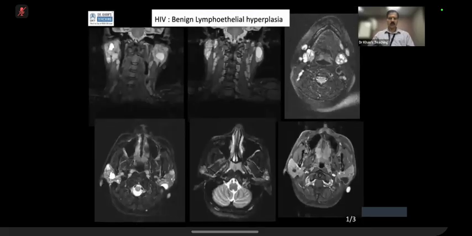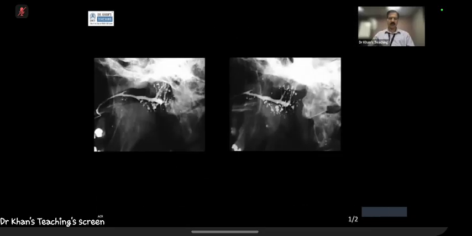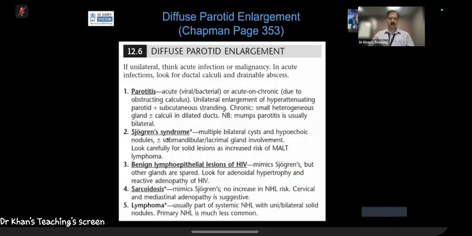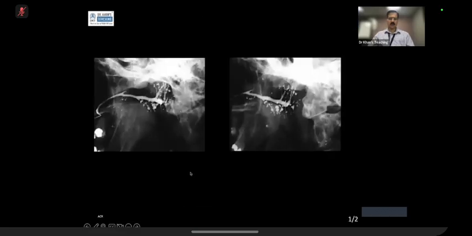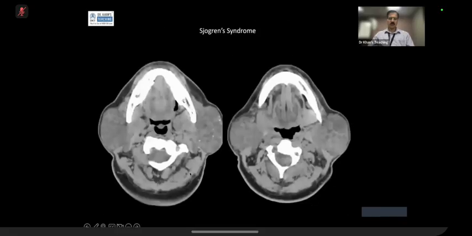You have to differentiate it from benign lymphoepithelial hyperplasia of HIV, and this is also here in your book, Chapman. Benign lymphoepithelial lesions of HIV mimic Sjogren, but other glands are spared. Look for adenoidal hypertrophy and reactive adenopathy of HIV. Please remember, these patients,